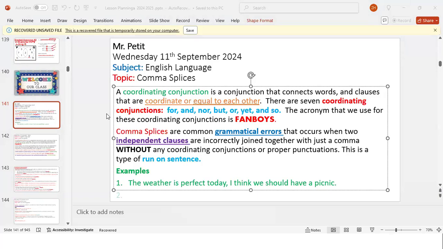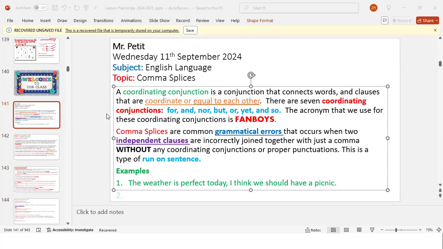The weather's perfect today. I think we should have a picnic. Is that wrong in any way? Yes, sir, it's a run-on.